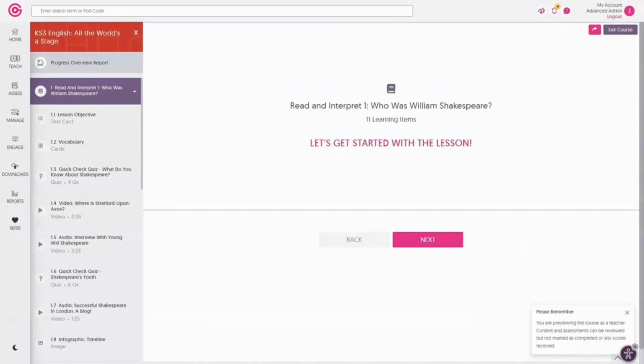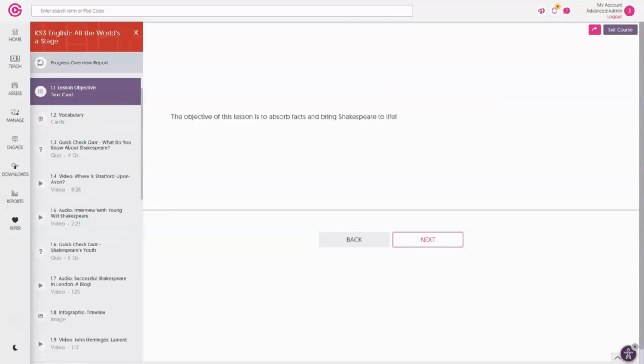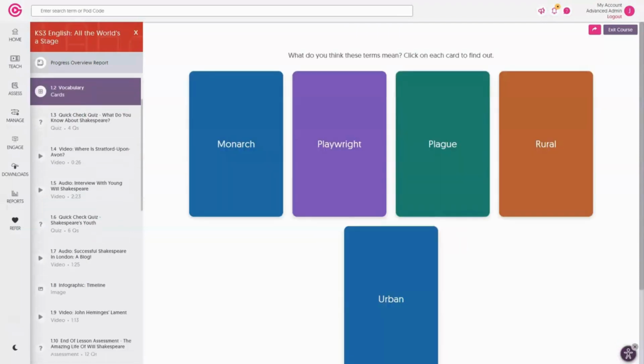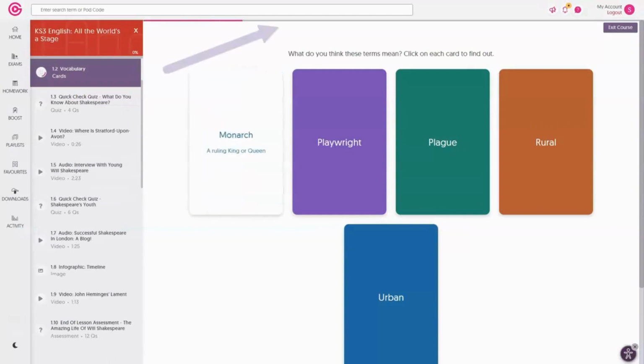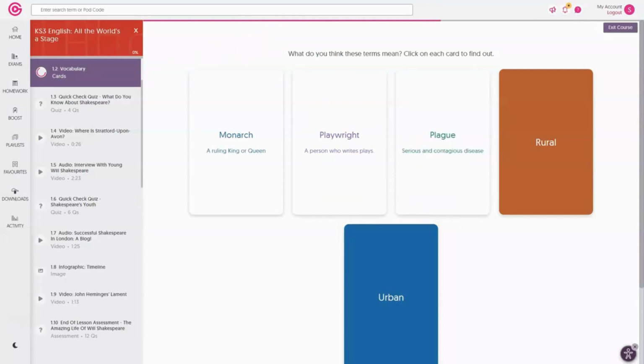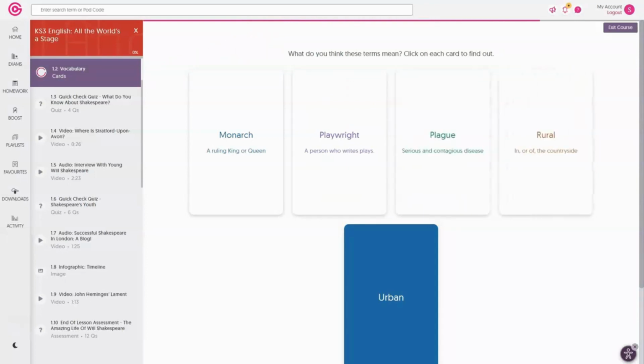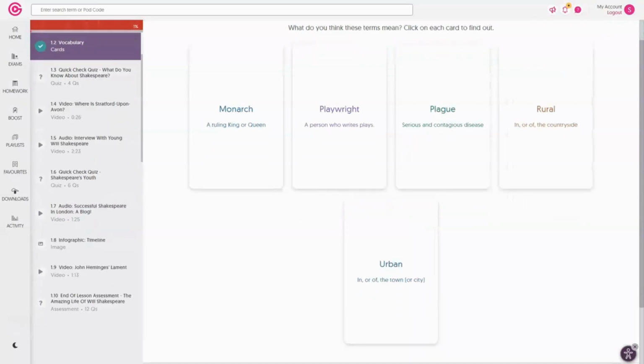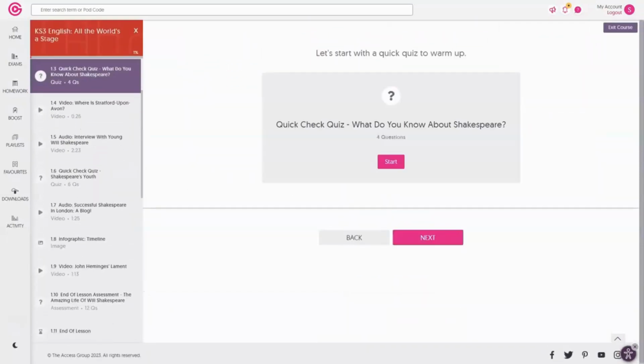All lessons begin with a clear objective, so the student knows what to expect, and a series of vocab cards for literacy support. You'll notice as I move through the lesson, the bar graph at the top of the page travels along to demonstrate if I've spent enough time in this area. If the student moves through too quickly, the system will indicate that they have an incomplete section and suggest they